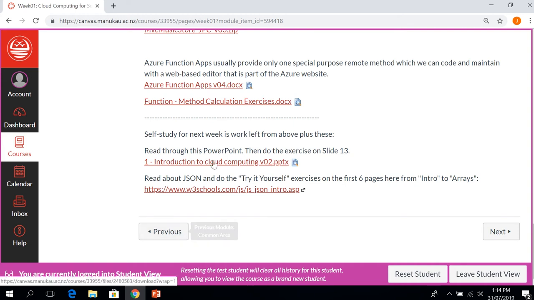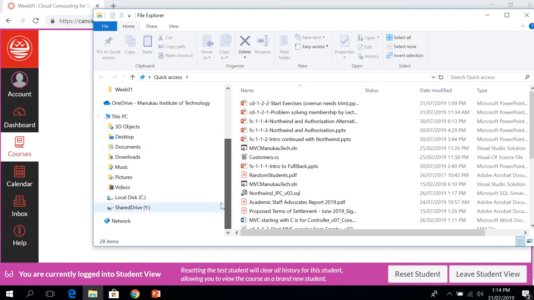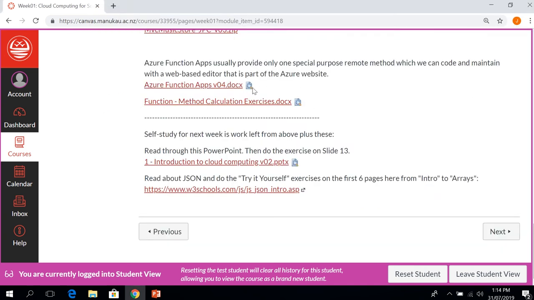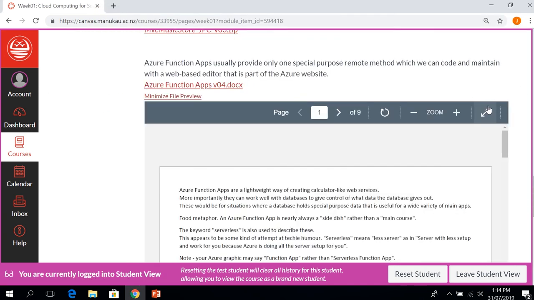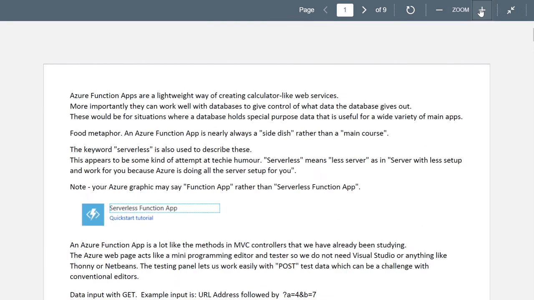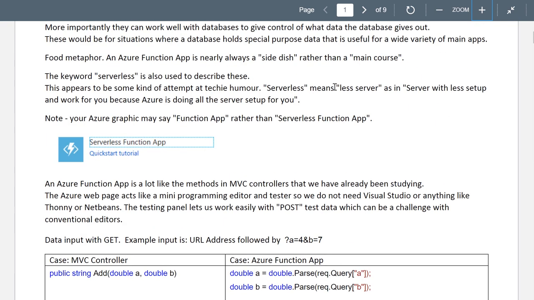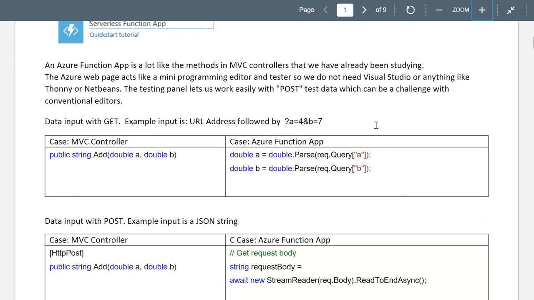Okay, well, we'll head for the Azure Functions, which are, of course, one of these, and I'm going to get into my pen drive. It's not there, so I'll go directly into here. Okay, now Azure keeps changing it, but I've mentioned the techie app and the techie joke, and that might be called a function app or a serverless function app. But let's